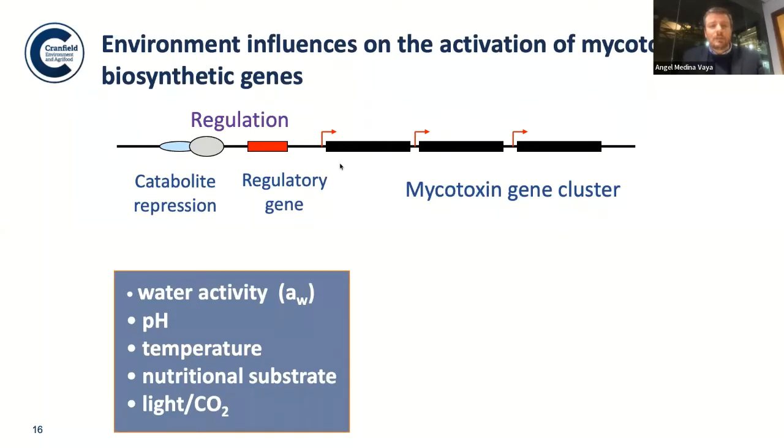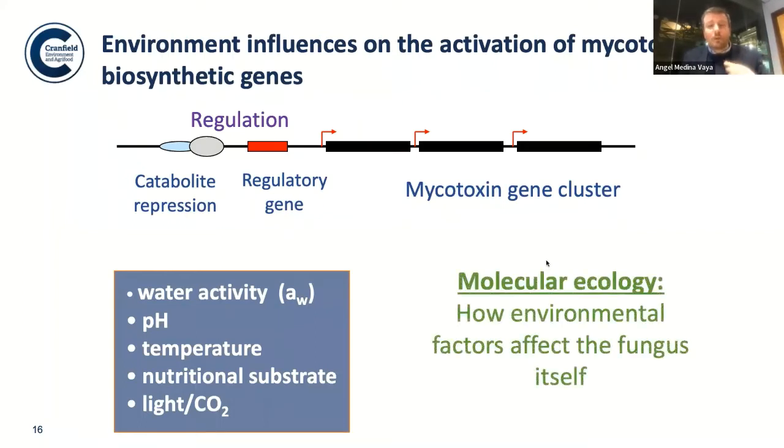It has been described in the literature for many years that many of the environmental factors we have been talking about as the main ones, climate change, water activity, pH, temperature, CO2, light, have an effect on the way that these groups of genes that lead to the production of the toxin are regulated. And now I'm coming back to the term molecular ecology,